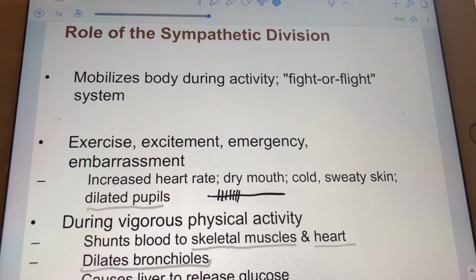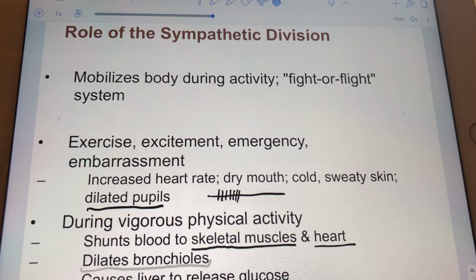Frequent action potentials to the sweat glands, which enhances evaporative cooling, of course, and frequent action potentials to the muscles innervated to dilate the pupils. Okay. The effects of vasoconstriction and vasodilation, depending on where the target is for those. In the case of the sympathetic nervous system, will help to direct more blood to skeletal muscles, direct more blood